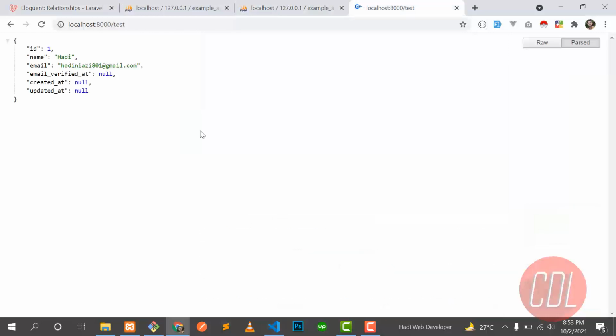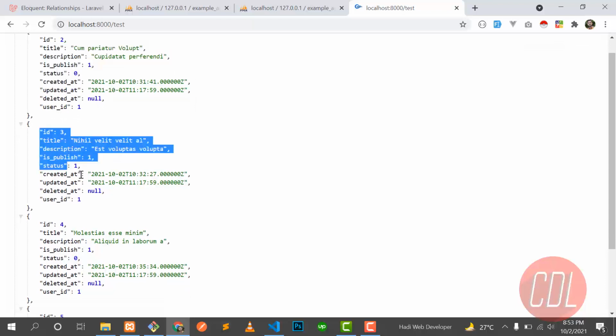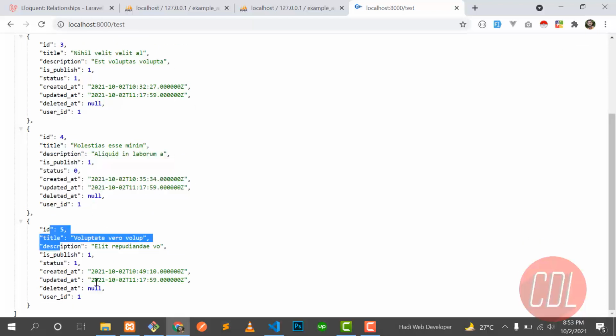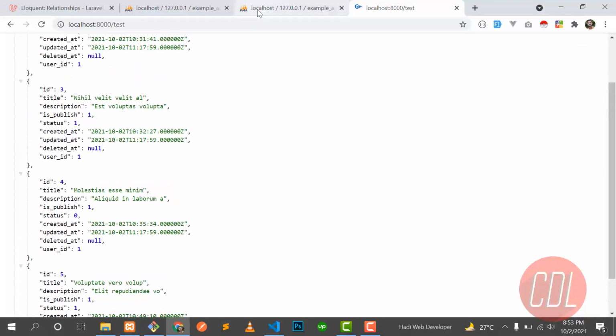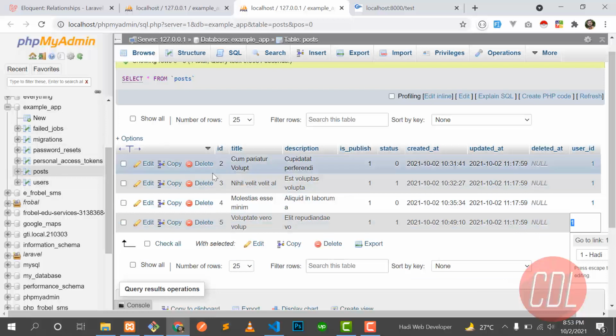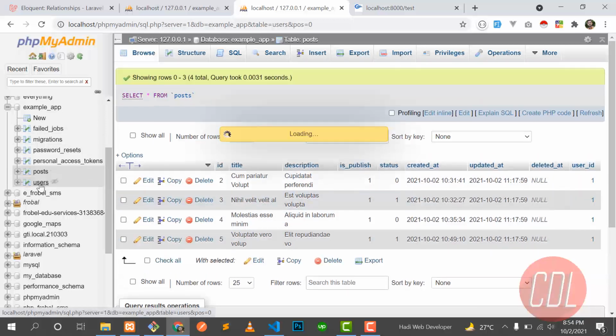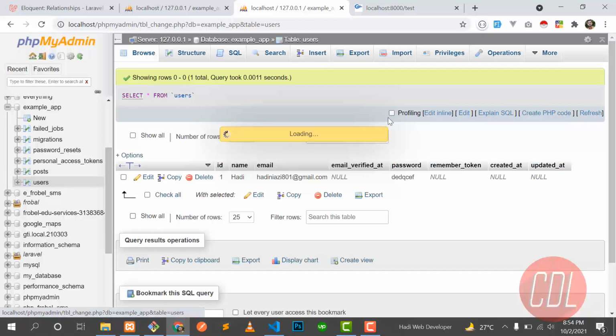So let's go here and give it a refresh, and yes, it's finding all the posts where user id is 2, right? So this is the first, second, and 4, 5, right? So let me go there and change their foreign key. It's actually not giving me access to change this because we don't have any user. So let me add a user manually.